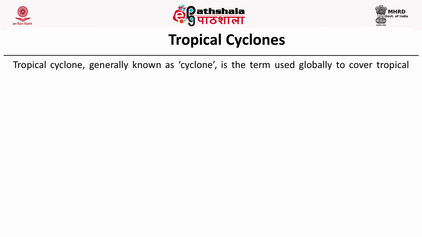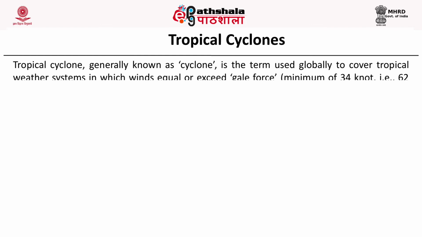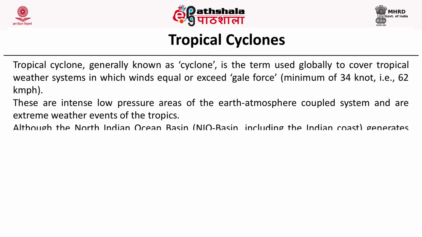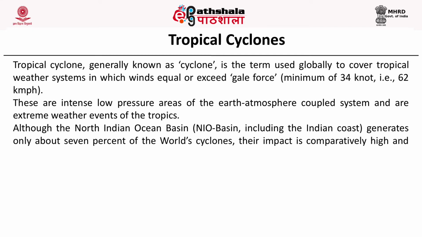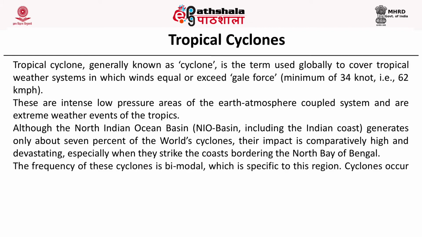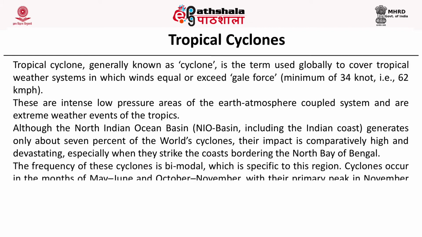The first one is tropical cyclones. Tropical cyclones, which we generally call cyclones, is the term that is used globally to cover tropical weather systems in which winds equal or exceed the gale force, that is a minimum of 34 knots or 62 kilometers per hour. Further, these are intense low pressure areas of the earth atmosphere coupled system and are extreme weather events of the tropics. Although the North Indian Ocean Basin, which we also call NIO Basin, including the Indian coast, generates only about 7% of the world's cyclones,